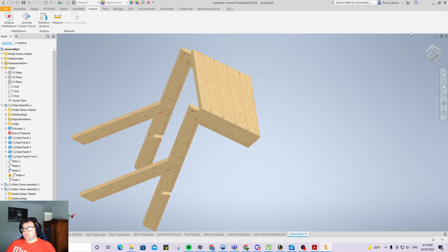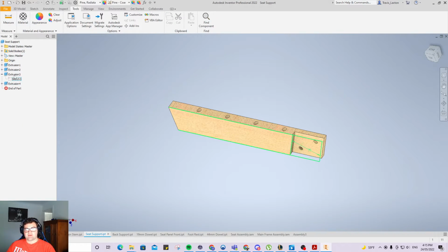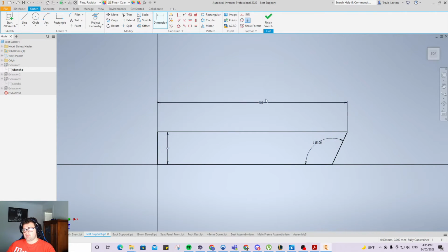Okay, so now I've had enough of making mistakes. So we know this is 70, 70, 70, 70, 70. Which is, yeah, 2, 4, 5. So 5 sevens are 35. Add another one on, that is 420 millimeters. So all I can actually do is go back and fix up this seat support here. That way I can add another one in and it'll fit perfect, which I definitely should have figured out before. But, so 420, cool, finish,